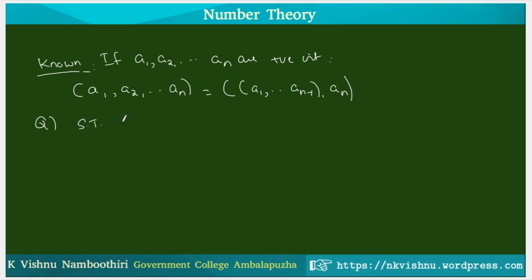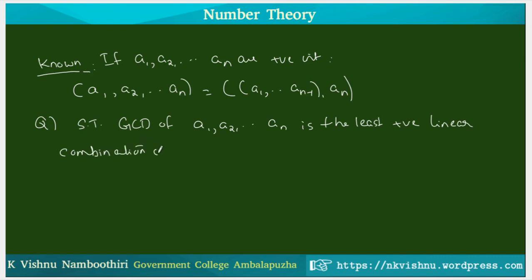Show that the GCD of a1, a2, etc., an is the least positive linear combination of a1, etc., an. So we have seen this result in the case of two numbers, and we call that result Bezout's